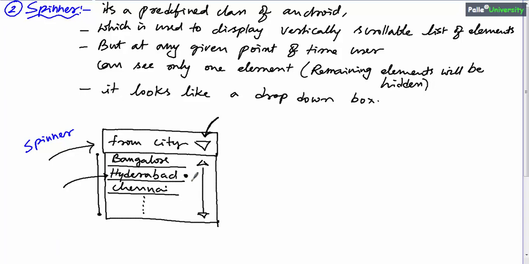Automatically this spinner will collapse and your spinner will look like this. Whatever element the user has selected or tapped, that element will appear on the head of the spinner. So that means at any given point of time, the user can select only one item and can see only one item, but the user can vertically scroll through the existing elements. So that is about spinner. Spinner will be heavily used in ticket booking applications.